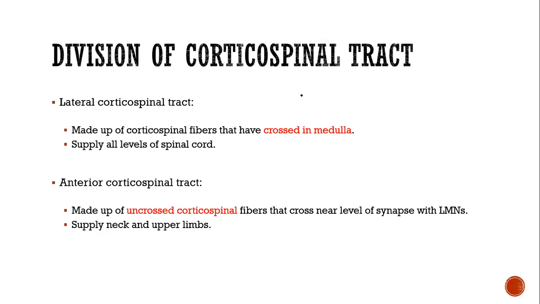So corticospinal tract is further divided again. जैसे मैंने आपको बताया था, lateral corticospinal tract होता है, एक anterior corticospinal tract होता है. So lateral corticospinal tract is made up of the fibers that cross in the medulla oblongata, and they supply all the levels of the spinal cord, while the anterior corticospinal tract is something जहाँ पर जो fibers हैं, they do not cross at all. ठीक है, and they cross